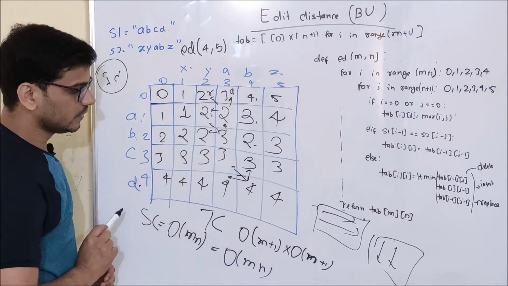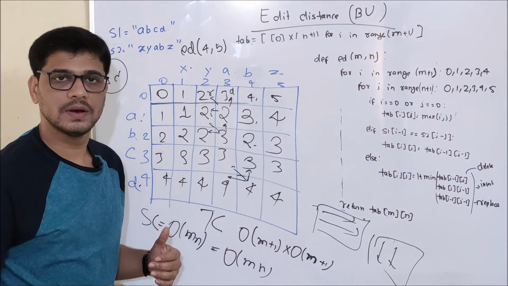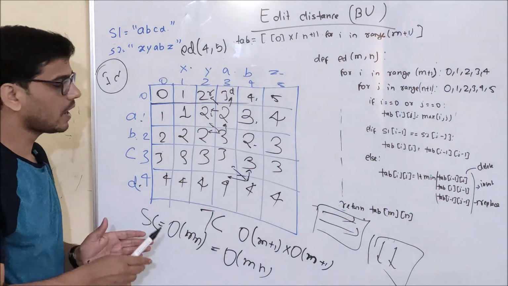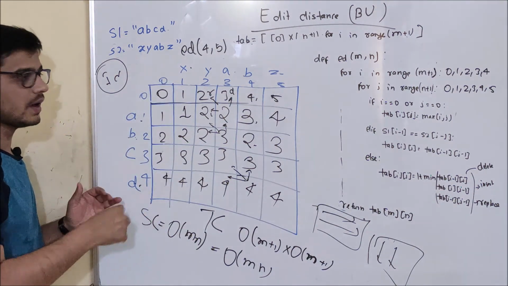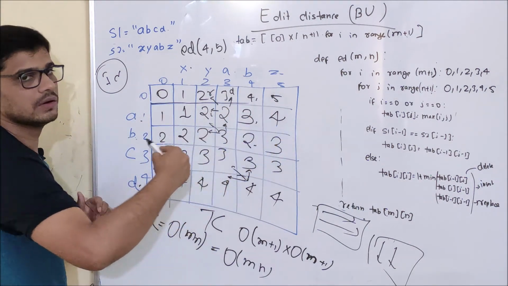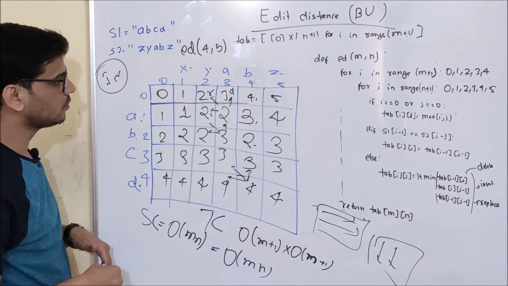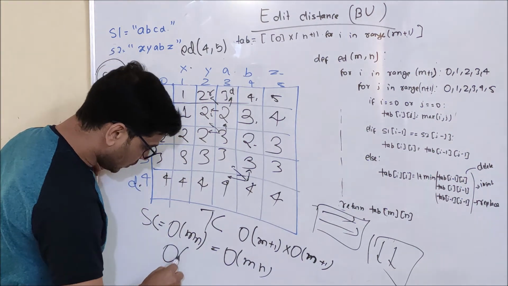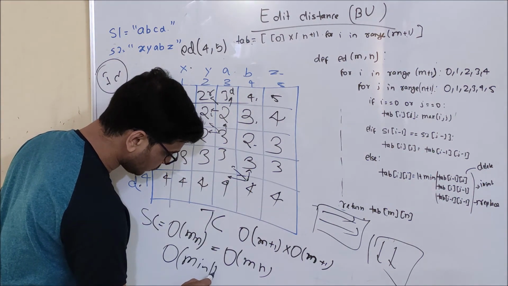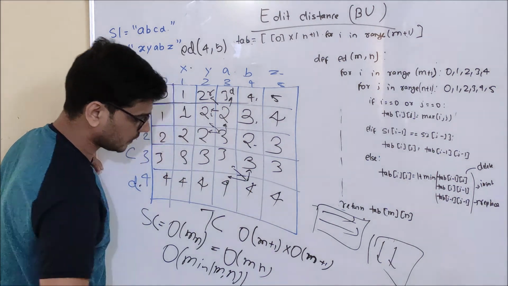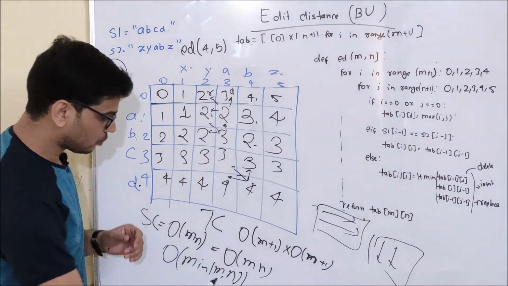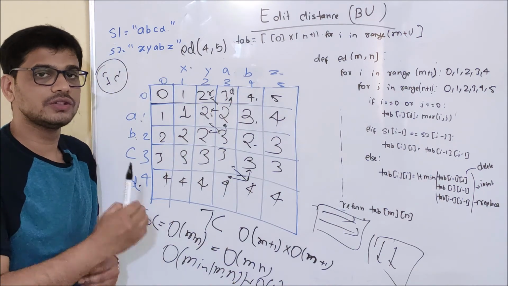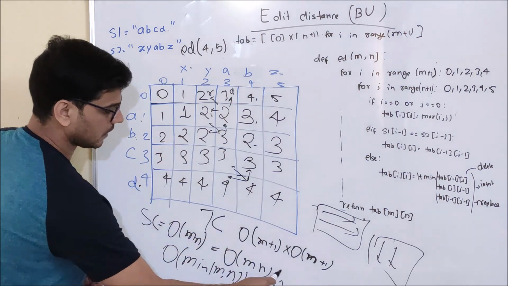So what I can do here is that I will update the table along whichever one is minimum. That is, if m is minimum, I will update the table column wise, and if n is minimum, I will update the table row wise. So basically what I am trying to say here is that I can reduce the space complexity to order of min of m comma n. Okay, and one more thing, I will need a constant space. And what will that constant space be for? That constant space will be for the diagonal value.